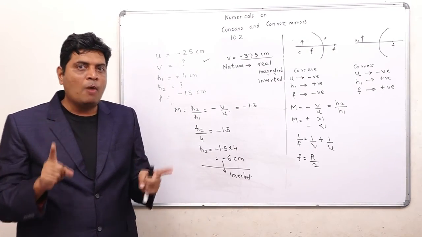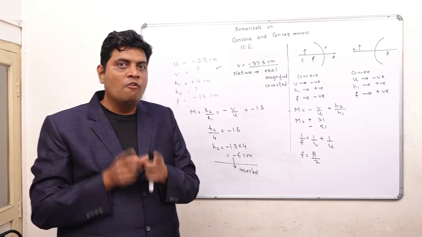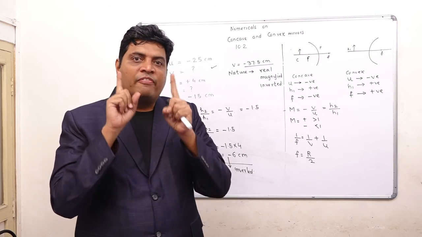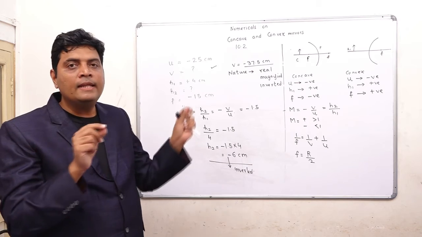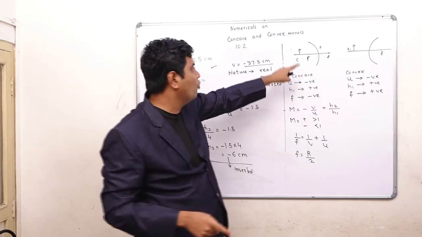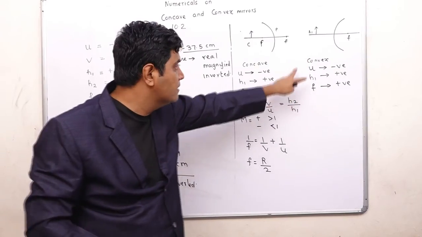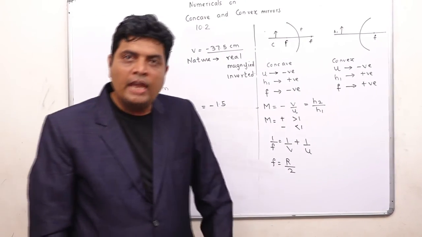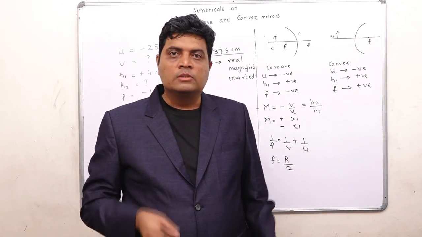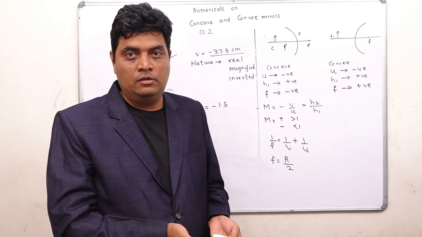So the flow for all the problems will remain the same. But remember properly, if in the first step you make a mistake of putting incorrect signs for u and f, your whole sum will become wrong. So what is the first step? Step 1, properly write the sign conventions or draw this diagram. If it is given it is a concave mirror, you draw this. If it is a convex mirror, draw this, write these conventions and go ahead. It is okay if you spend 2 minutes over there, because otherwise you solve the whole sum, spend around 10 minutes, and then if it is wrong, you will never come to know that you have made a mistake.